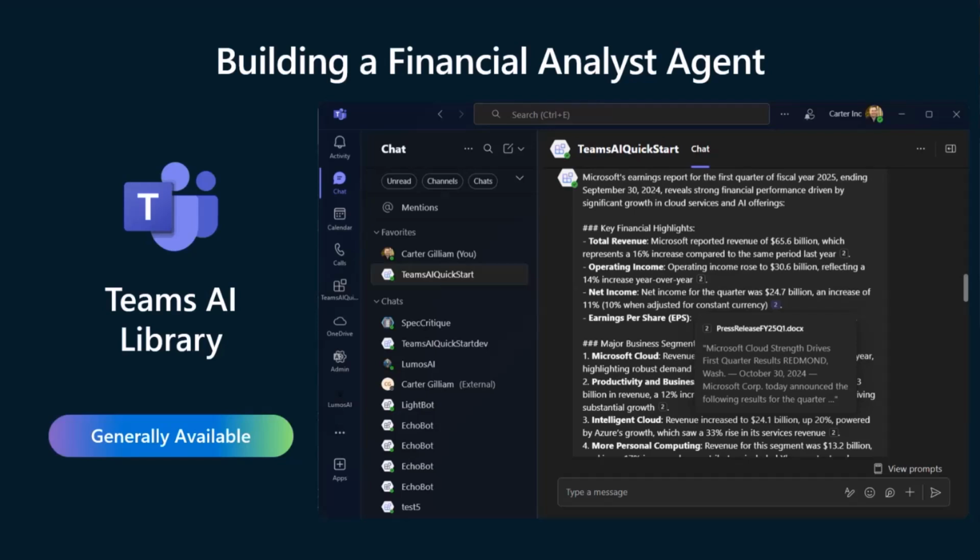Last week, we had the really exciting build of a financial agent utilizing Microsoft's earnings call data, and we were able to perform retrieval augmented generation based on that data and get some wonderful, insightful answers, as well as utilize citations and all the great features that you get from the Teams AI library while using Visual Studio Code and the Teams Toolkit. And shout out to John, who is part of that team, and they do a great job with those templates. That is a great way to get started building your Teams AI library apps, using those templates from Teams Toolkit.